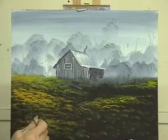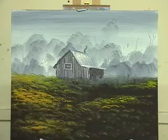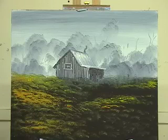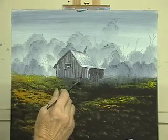It's going to be a beautiful little painting. It's very simple, but it's quite striking. Really striking. Now, I'll put the trees in, and then we'll take it from there. I'd like the light just to trail across here, just